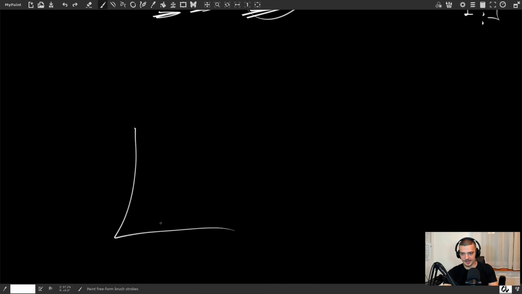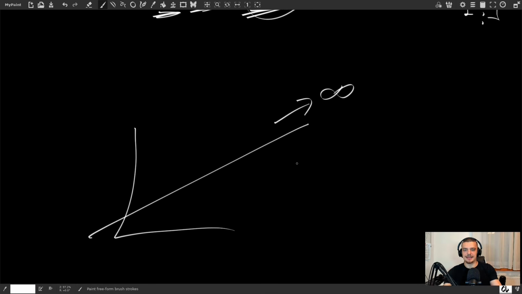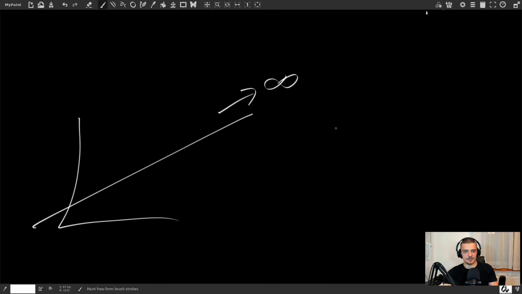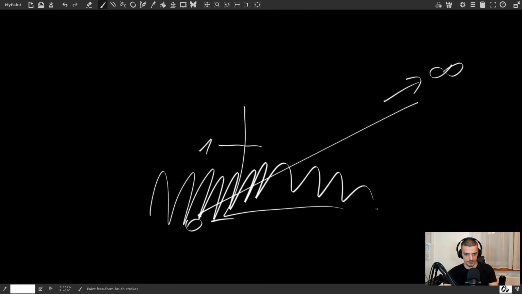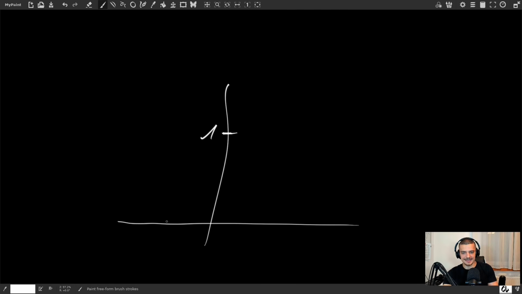So we get a value, something like this. This can go off into infinity, it doesn't really matter. But I need a function that gives me a value between 0 and 1. So here I could have 1, here I have 0. I need to stay within this zone here. How do I do that? I need to find a function that always stays in that zone. I know these are not the most beautiful charts, but I need to find a function that, given any input here on the x-axis, always returns a y value between